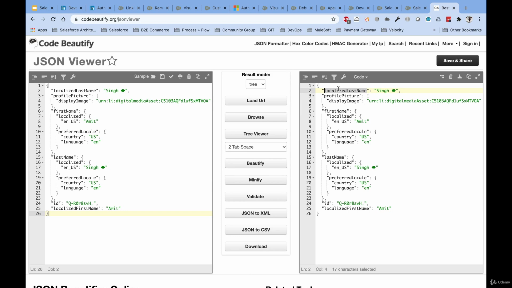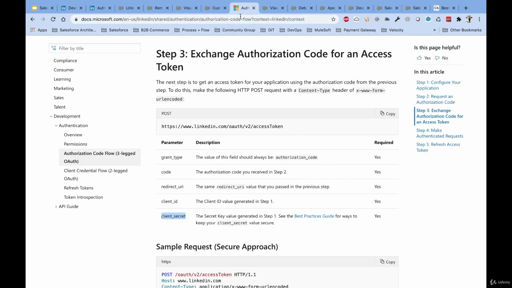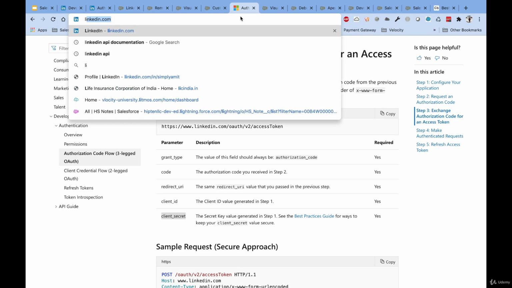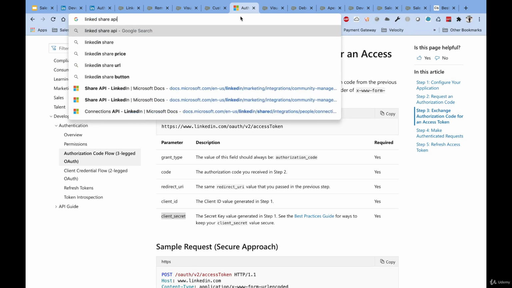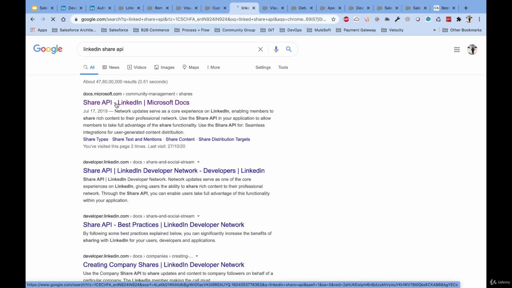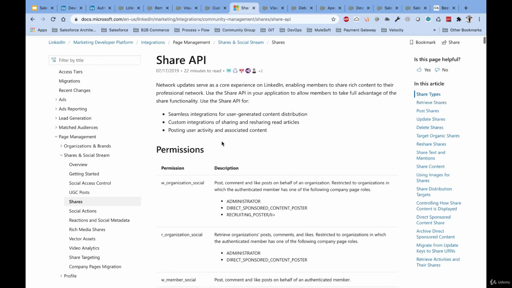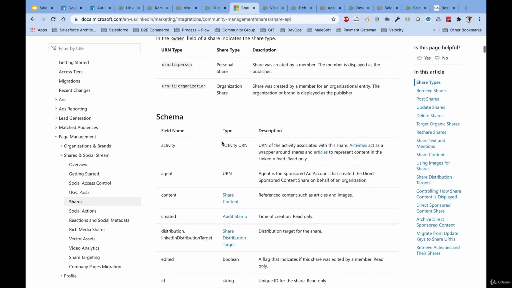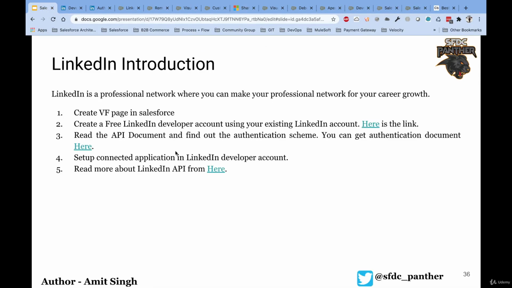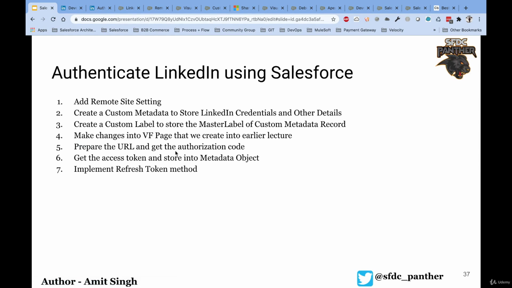And if I want to do more, I want to share something with LinkedIn that we already talked about, we can just quickly go to LinkedIn share API. We can just read this documentation and then create some post. We can create some comments, we can create some likes. That is all we are going to do in the next lecture. So this is it for this lecture, and let's see if I have anything for that. So this is authentication using LinkedIn and Salesforce. We already did. We created a remote site settings, custom metadata, custom label, a Visualforce page,